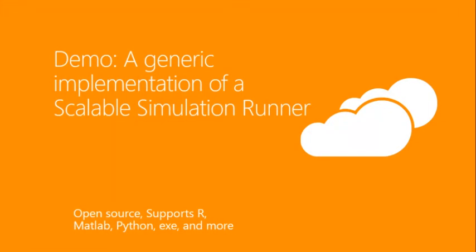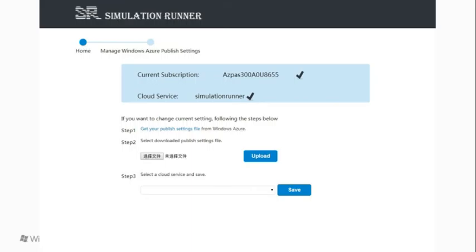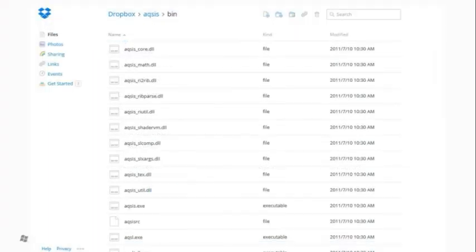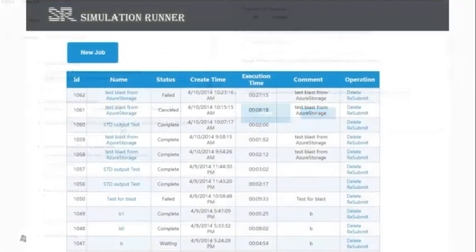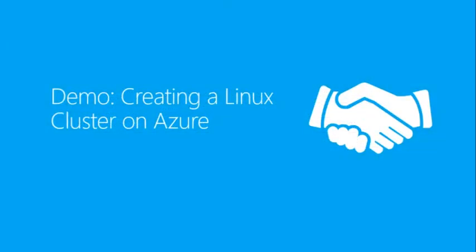So as we're waiting for the presentation to show up here again, there you go. The nice thing about the simulation runner is that I will be able to help you with a lot of it, and I would also be able to add features if you would like to have that. So just a quick review of what it looks like. So this is the Dropbox. You simply take all your stuff into Dropbox, and it will be picked up, and it will just run whatever you specify in the simulation runner. So as you can see, this is what it looks like. So creating a Linux cluster.